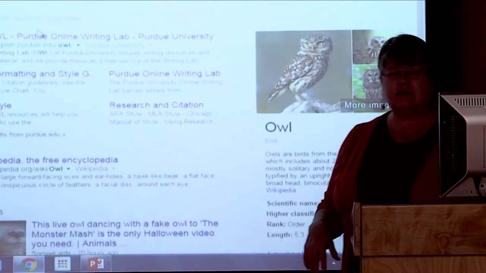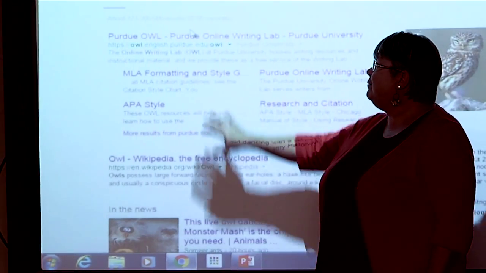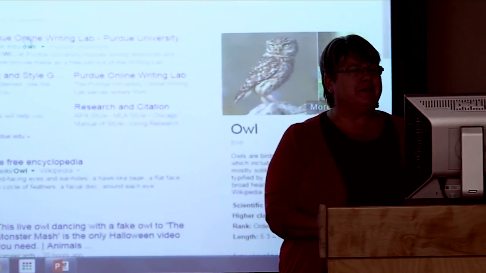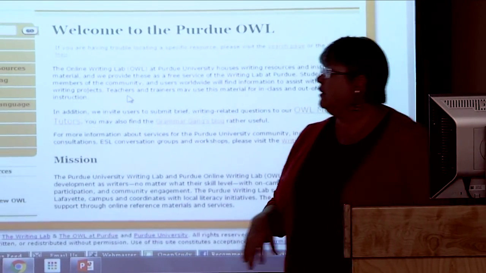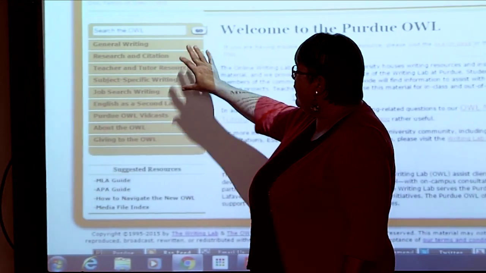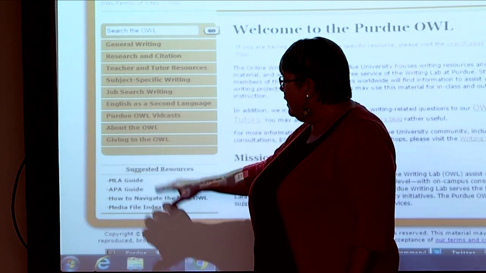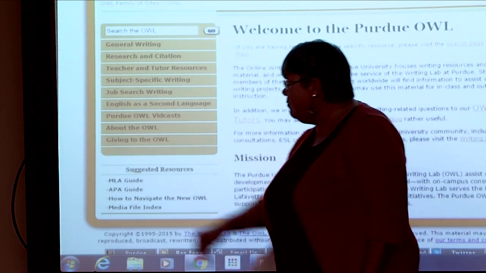When I do that, I do get pictures of owls, but I also get the Purdue Online Writing Lab site comes up on top. And they've got some really good information here. They talk about general writing, subject-specific writing, and they've got some video casts, but down here they have MLA guide and APA guide.